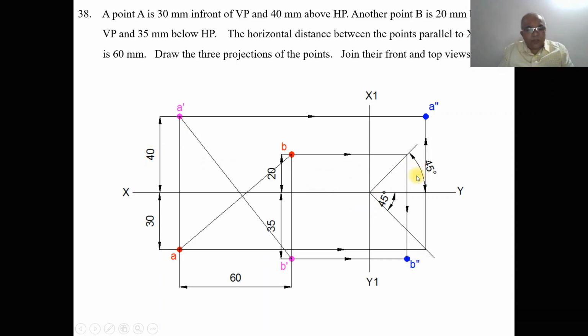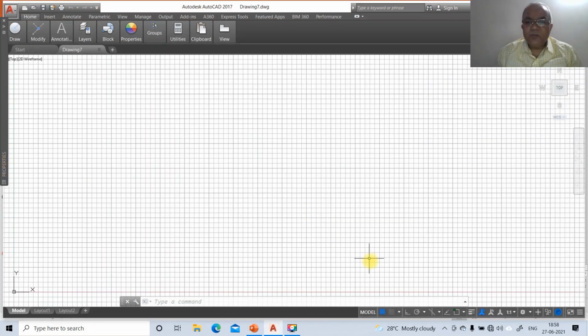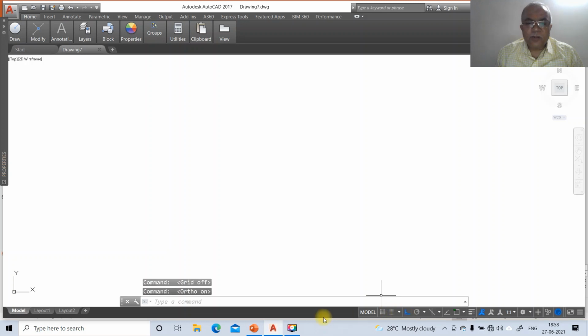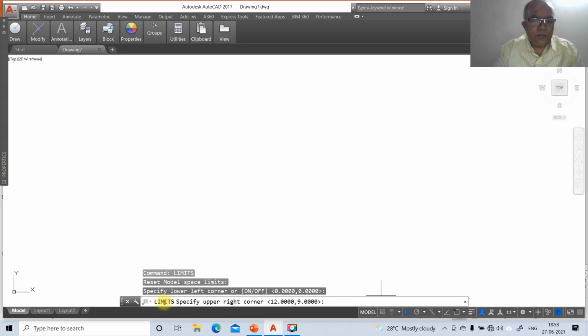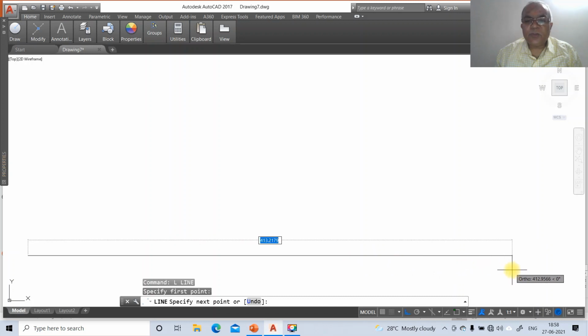And now we are going to solve this problem by using CAD software. So first we will go to the AutoCAD screen, switch off the grid mode and switch on the ortho mode. So go to a command called limits. So 297, 210, upper right corner. So zoom all, then go to line, select some arbitrary point and click the first button of the mouse and drag the mouse towards the right side.